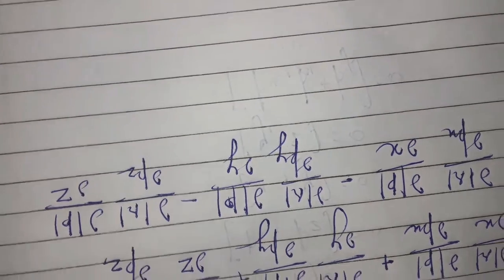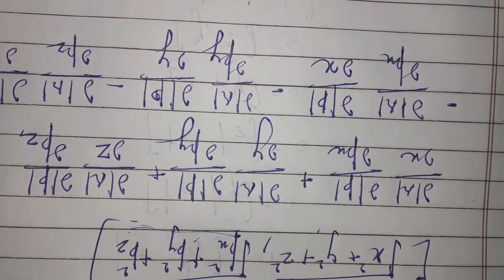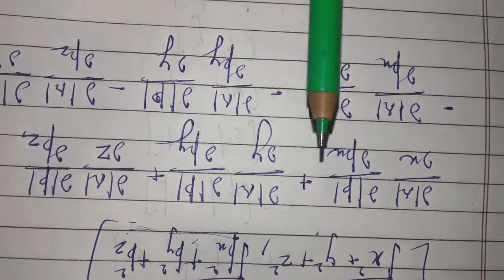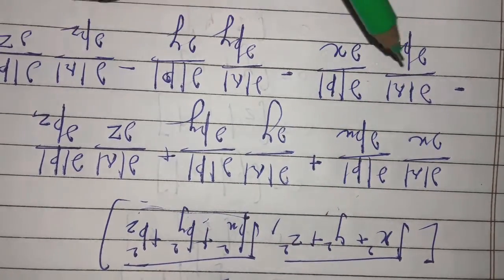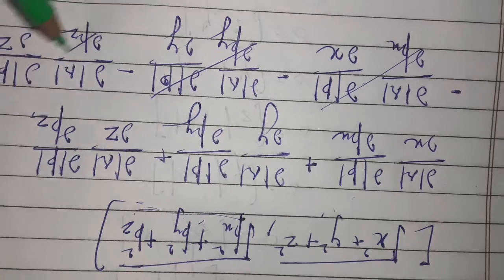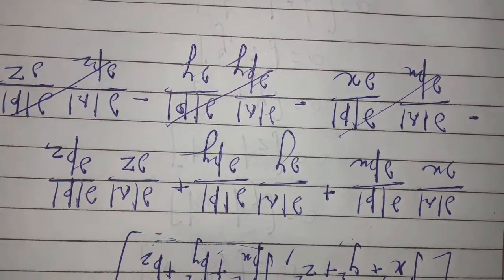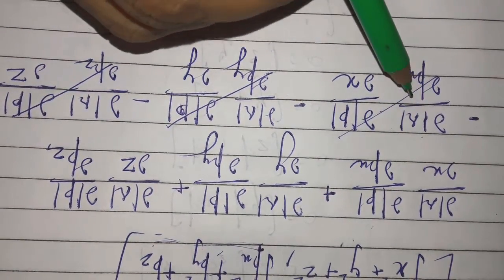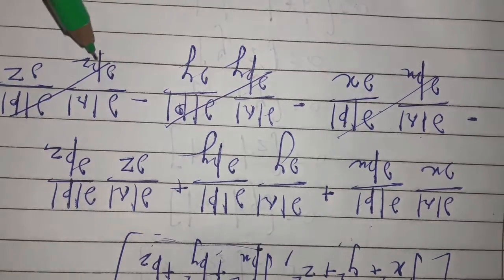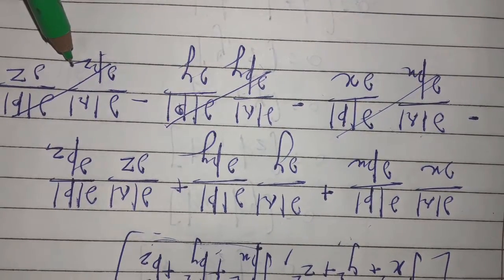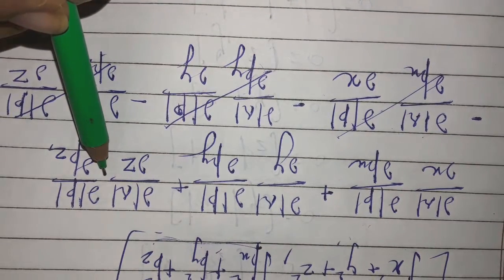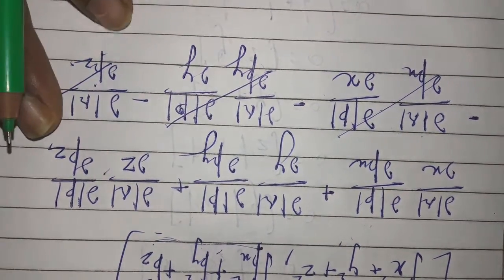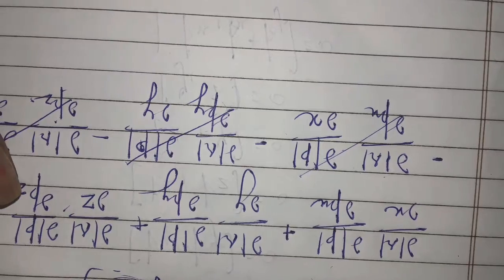Now one by one you are going to find all these terms, and you will see your mod r is not a function of px, py, pz, so this expression will be 0. |r| is not a function of px, py, pz, so the partial derivative will be 0 for all three. These three terms will be 0. You are going to find only these three terms. I will expand one and you will do the other two yourself.